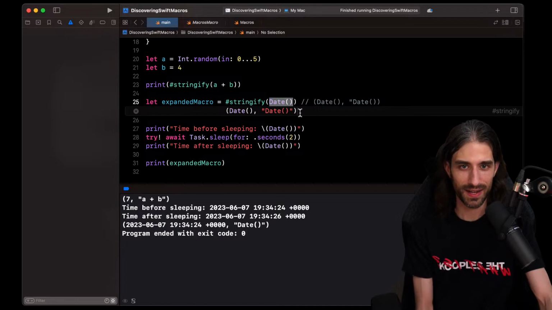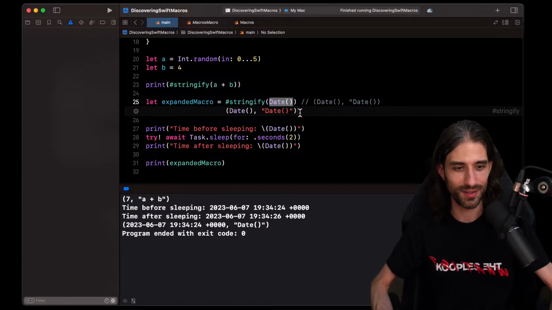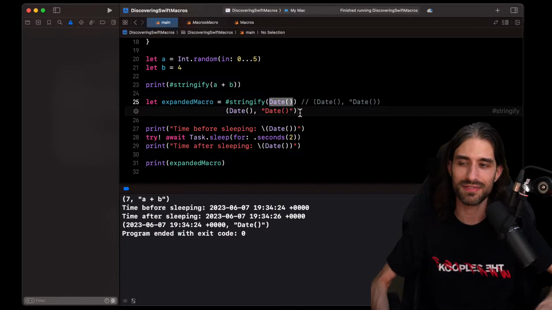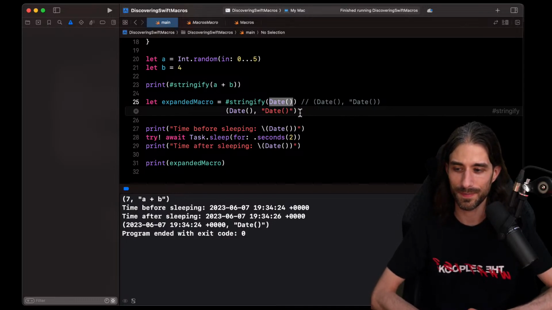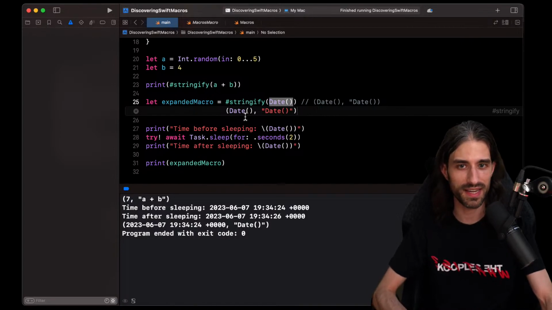Okay. You know what? Let's try to do one last thing. Does someone have an idea on a kind of interesting macro we could implement? Something a bit more complex than stringify, but still simple enough and that has value. Something that you could use in real life code. I'm trying to think of the kind of stuff that you write as a helper. I don't know, we're going to do something, I have an idea. It's not the weak strong dance.